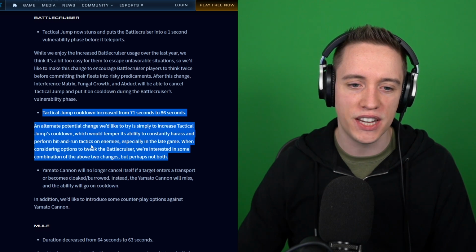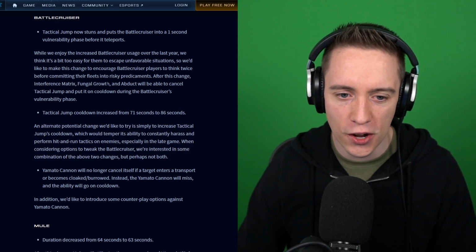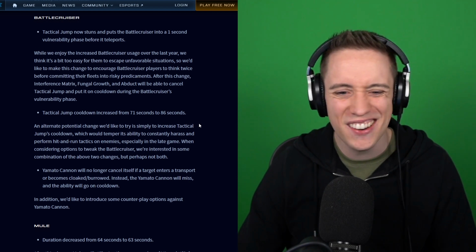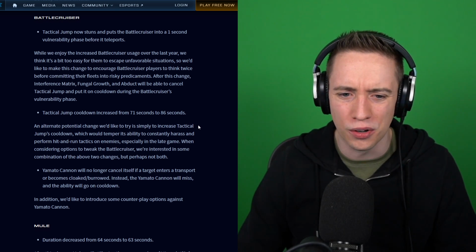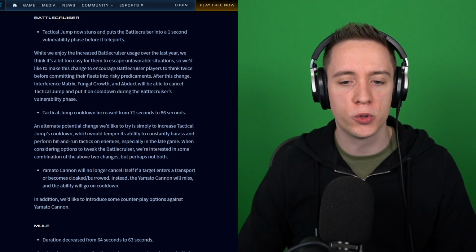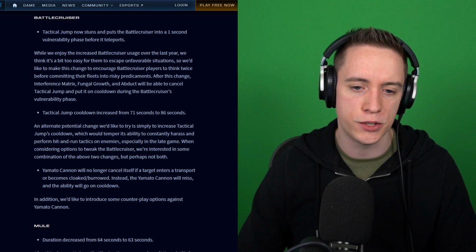Likewise, we have an increase on the tactical jump cooldown. An alternate potential change we'd like to try is simply to increase the tactical jump's cooldown. I don't think tactical jump is too strong. Am I crazy? Which would temper its ability to constantly harass and perform hit-and-run tactics on enemies, especially in the